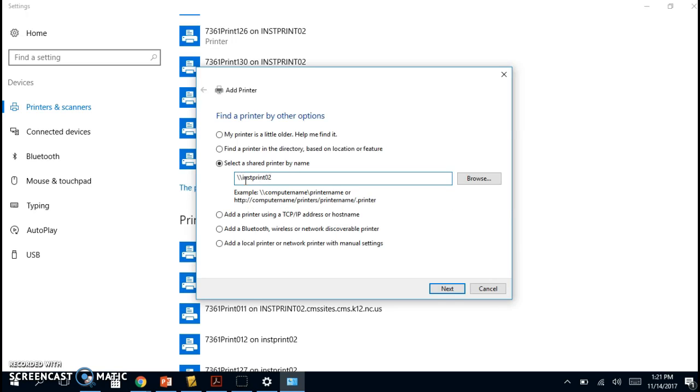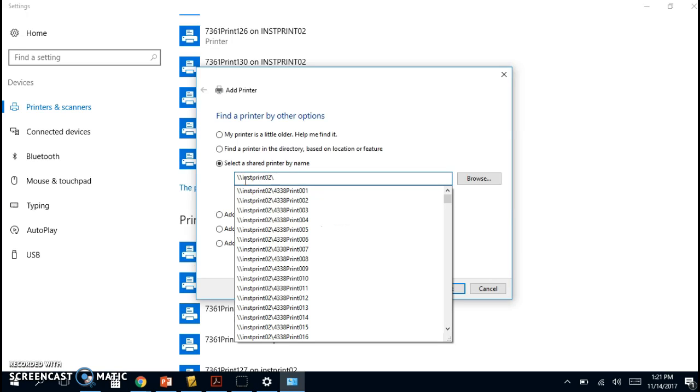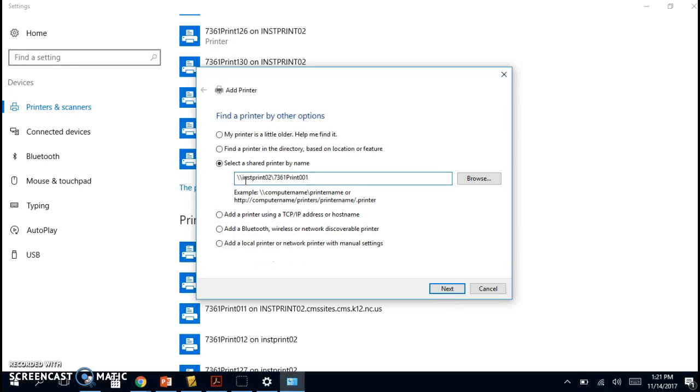I have misspelled something. See, when I hit that second whack, how it pulled up my list? 7361, and then the word print, and then you have to know your print number for your printer. If you don't, please don't guess. Okay, so for example, if I want to install printer 001, I can find it in the list or I